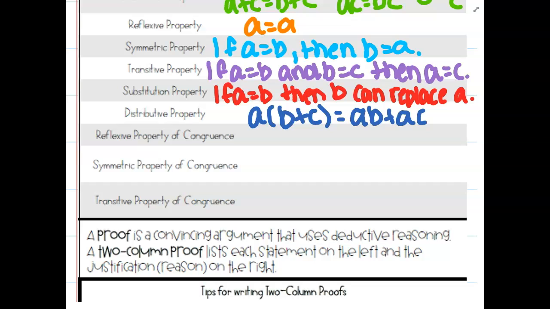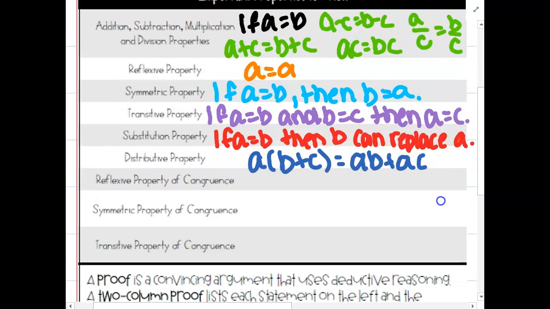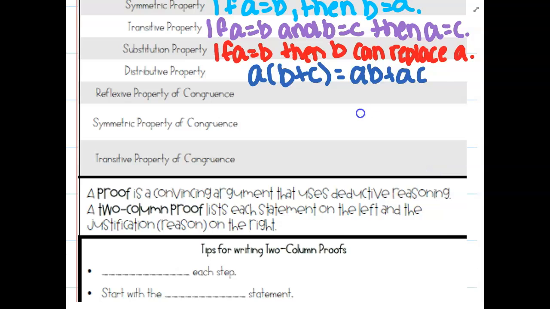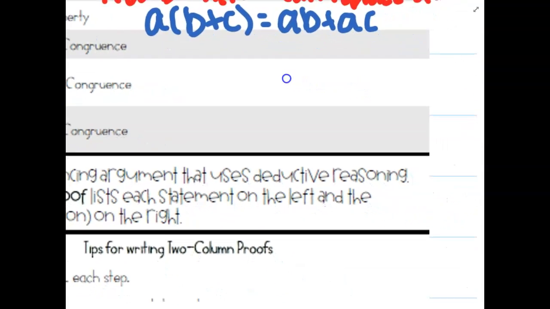Now, the reflexive property of congruence, symmetric property of congruence, and transitive property of congruence are basically the reflexive, symmetric, and transitive properties, but instead of an equal sign, it's going to be a congruence symbol, because these are talking about segments and angles. These can get a little wordy here. So the reflexive property of congruence